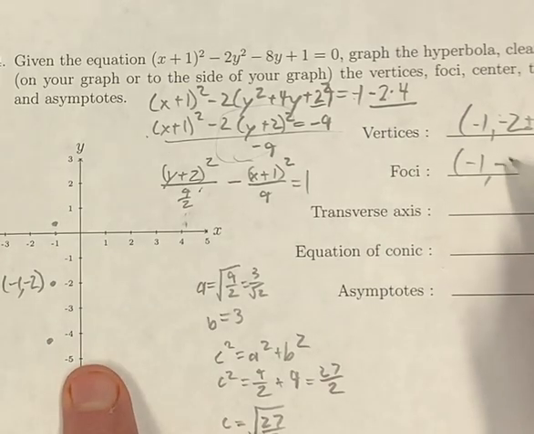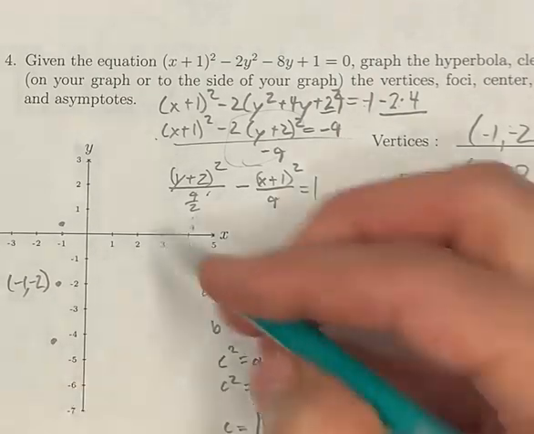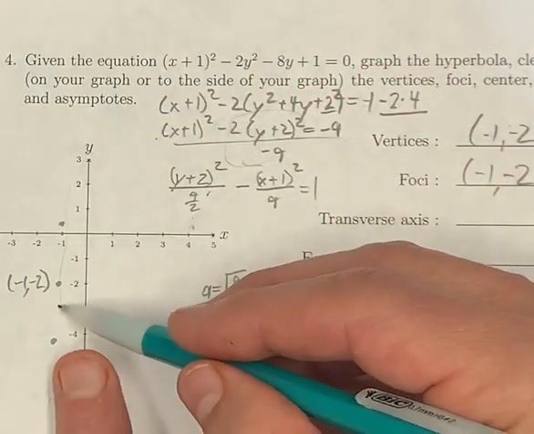They're going to be -1, 2, and that is substantially bigger than 2, plus or minus the square root of 27. Make sure I'm doing this right. 27 halves, right? And then the transverse axis is the one that goes through the vertices